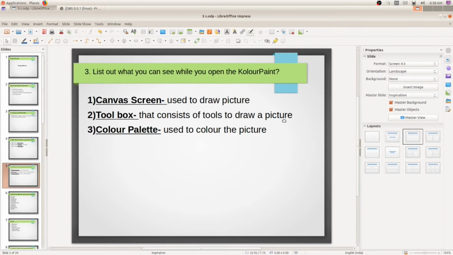There are so many tools: rectangle, line tool, pen tool, erase tool, polygon tool, etc. And finally the color palette, which you can see at the bottom. What is the use of it? It is used to color the picture. There will be so many colors in this color palette.